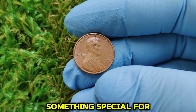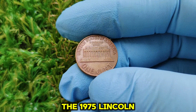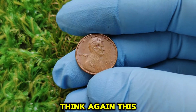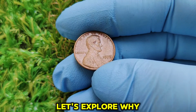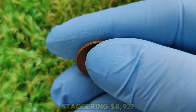Today, we've got something special for you, a deep dive into a very valuable coin, the 1975 Lincoln 1 cent. If you think it's just another regular penny you'd find in your pocket, think again. This coin has a rich history and could be worth thousands of dollars today. Let's explore why the 1975 Lincoln cent is so special and what makes it worth a staggering